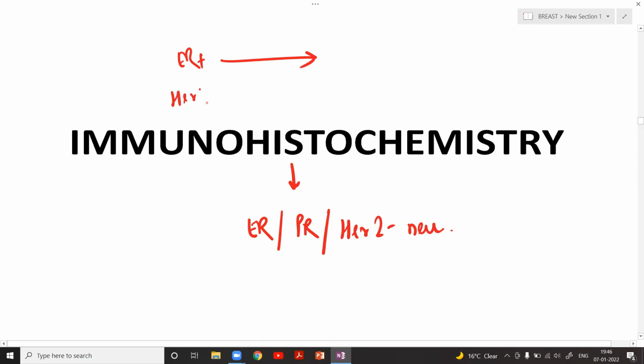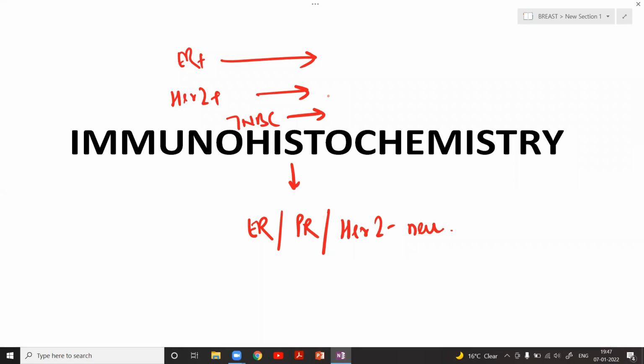If it is HER2 positive, there is a separate group of drug that we are going to give. Yes or no? What is the name? Trastuzumab. And if it is triple negative breast carcinoma that we had read, in that case, there are certain chemotherapeutic agents which are available that we are going to use.